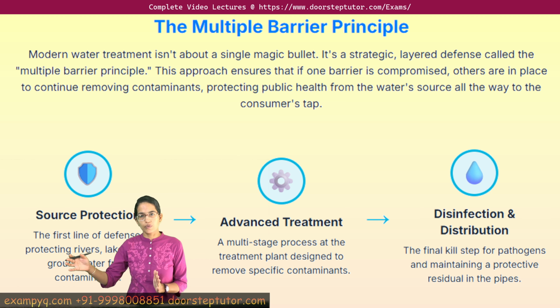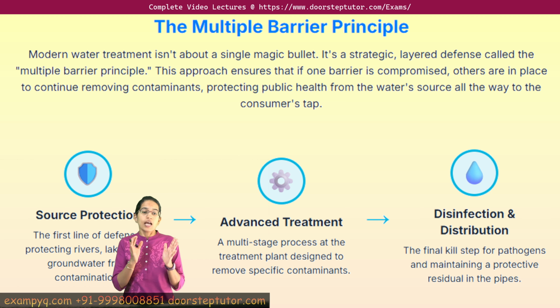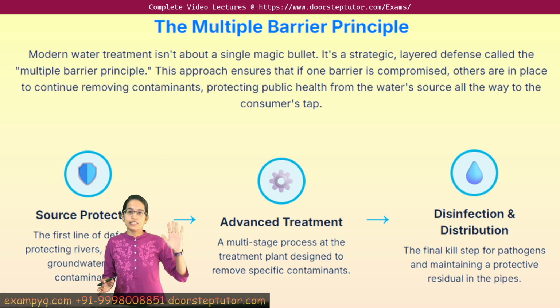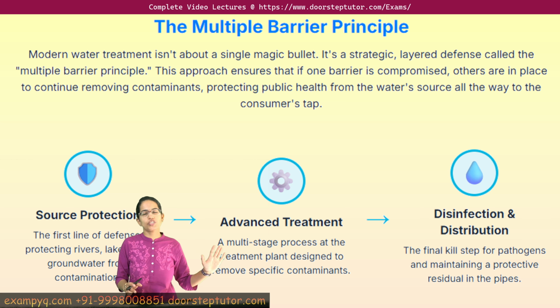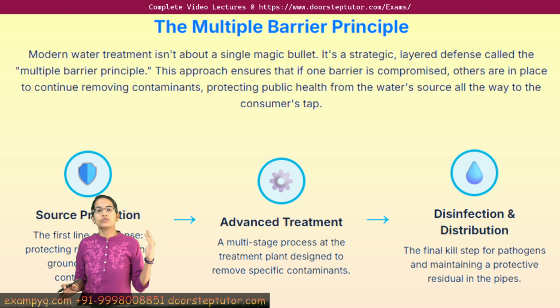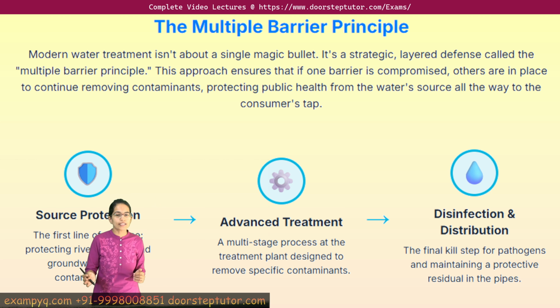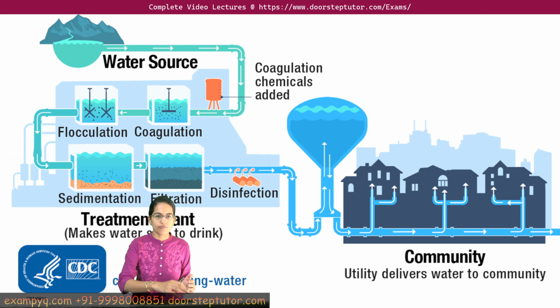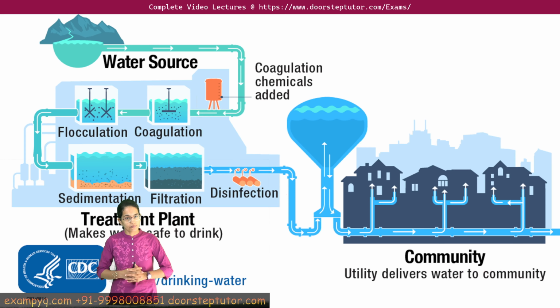We'll come on to the graphics next. And this talks about how the specific contaminants are removed at different stages, and finally the water is disinfected. This disinfection could be done by UV rays, it could be done by chlorine, we'll come to that in a while, and then the final distribution of the water. So these are the processes through which we understand how water treatment flows.